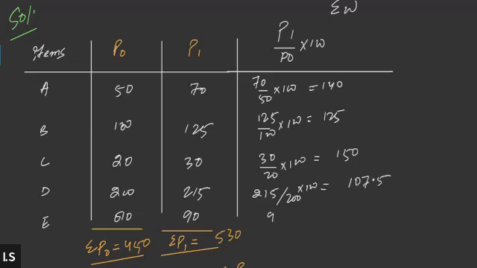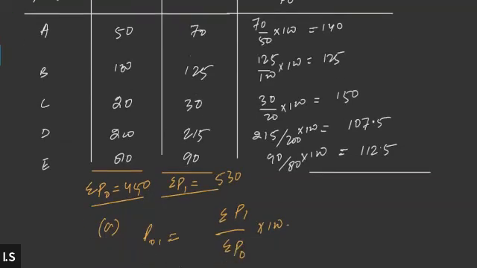Then 90 divided by 80 into 100, it will be 112.5. Tell me, Alexander and Steve, is this clear to both of you? Yes, sir. All right, now we will add all the price relatives so as to find out the sigma of